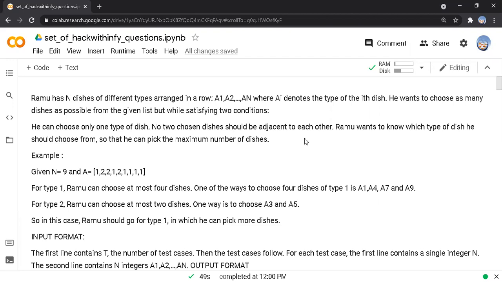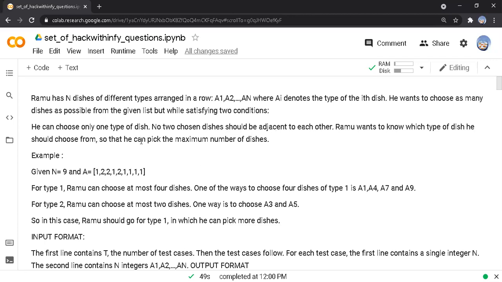Ramu wants to know which type of dish he should choose so that he can pick the maximum number of dishes. For example, they are given n equal to 9 and an array of values. Here type 1 gives 4 dishes and type 2 gives two dishes, because when we consider the conditions, one type of dish must be chosen and no two chosen dishes must be adjacent to each other.